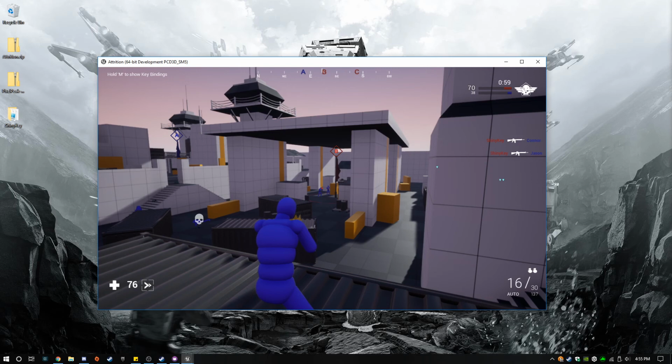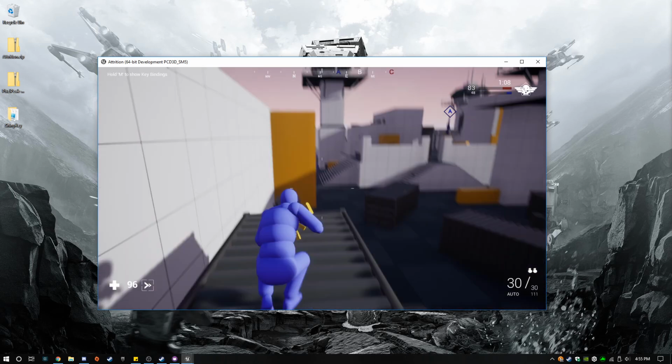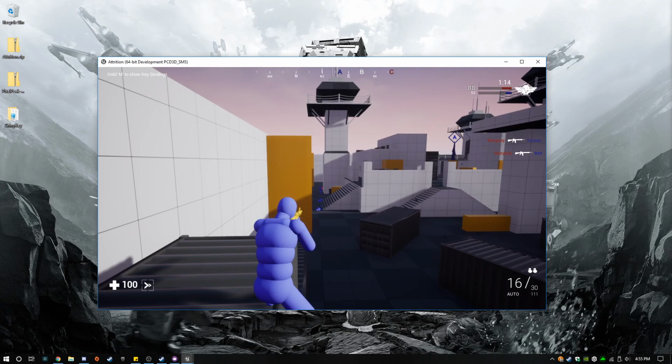The mantling system gives some, well, okay, I guess you didn't have to mantle to get up here, but mantling gives you some nice camping spots, if you will. This is just a testing map, though. This probably won't end up in the final version.